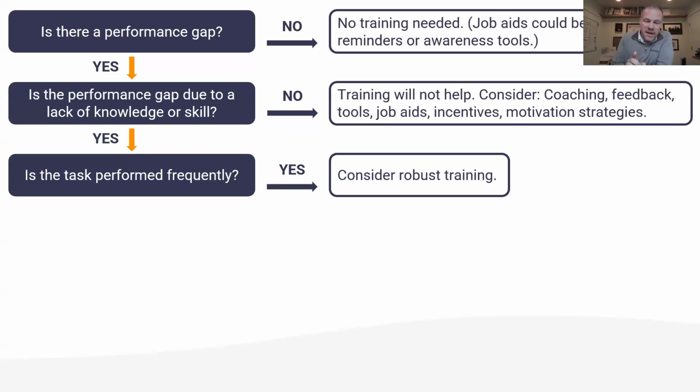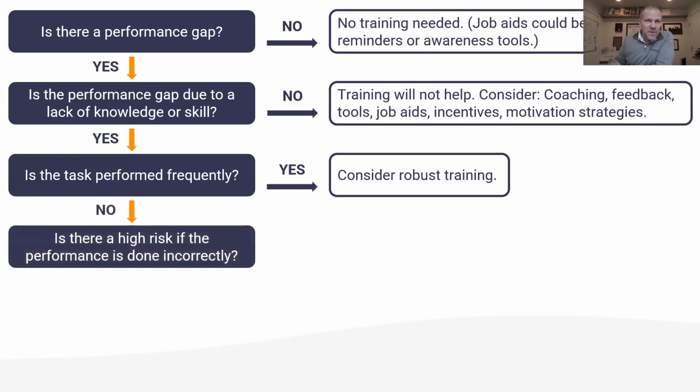Now, here's the thing. If the answer is no, maybe we need to ask a few other questions. If it's something about knowledge or skill, but it's not performed frequently, is there a high risk if the performance is done incorrectly? Because if people aren't doing things frequently, if you don't use it, you'll lose it. People will forget. Even if you send people to training and then they don't use it for 3 months, what do we do about that? So if it's a high risk,